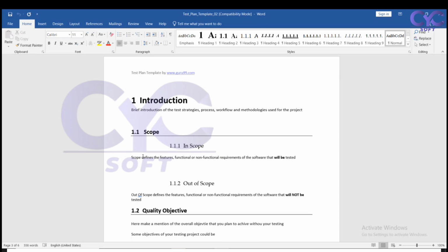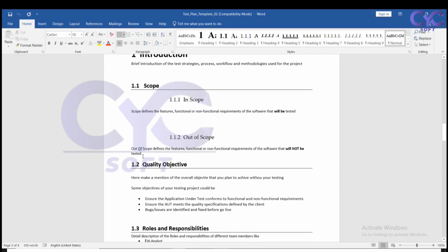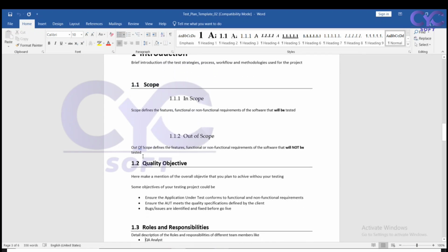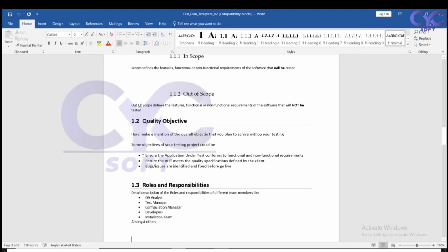The scope of testing: what is in scope and what is out of scope. And quality: how to ensure the quality, ensuring the application under the functional testing requirements. What are the functional requirements, what are the non-functional requirements, and UI testing, which matches the correct specifications. Here in the testing, the people who are going to be involved are the QA analyst, QA manager, configuration manager,